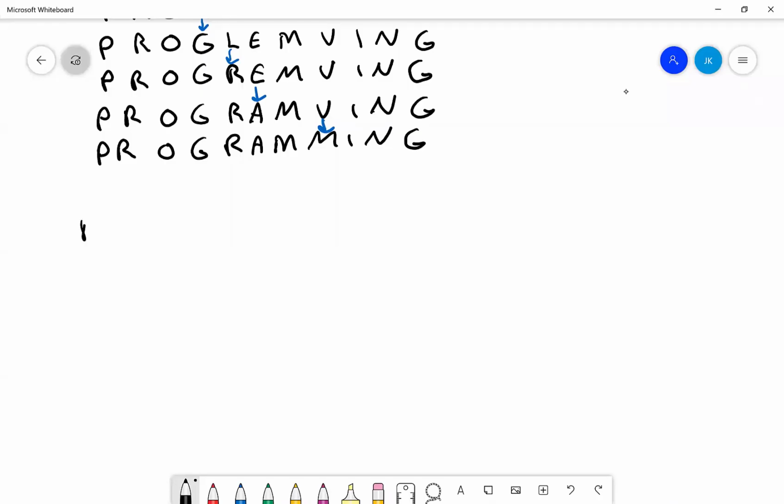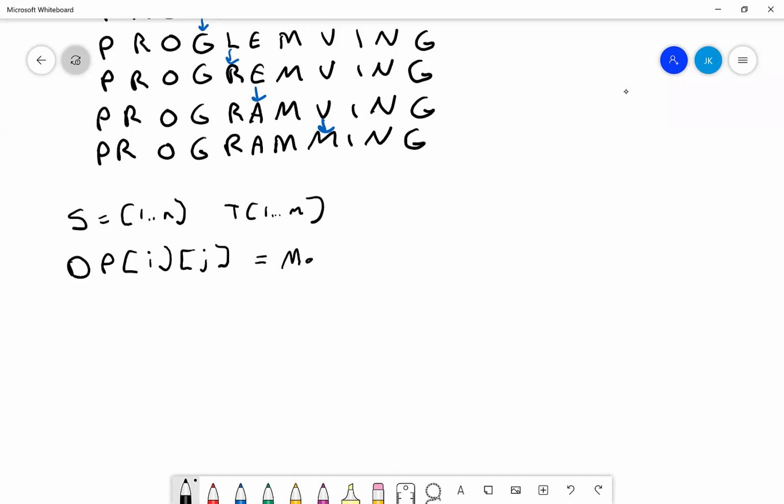So we will set our, well, first of all, let's just say we have our 2 strings, just like before, S, which is going from 1 to N, and we have T, which is going from 1 to M, and we are going to set DP of i,j, and this should look kind of similar to what we did for LCS. DP of i,j is going to be the maximum